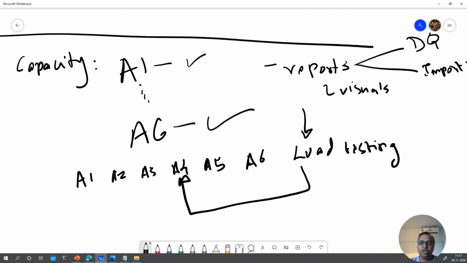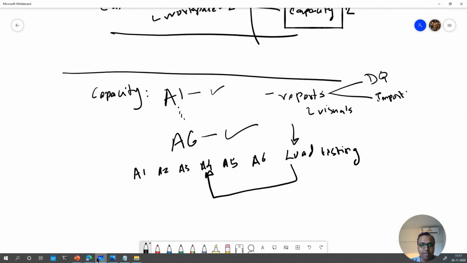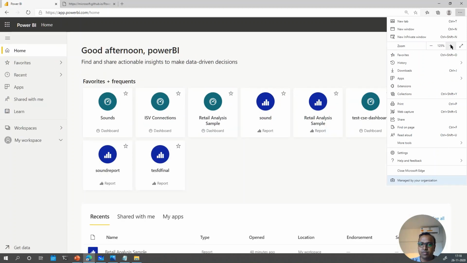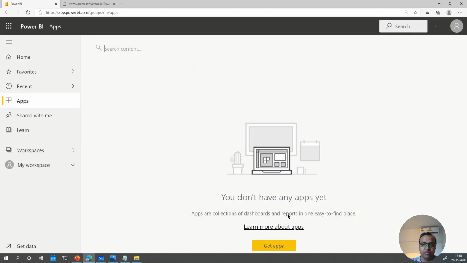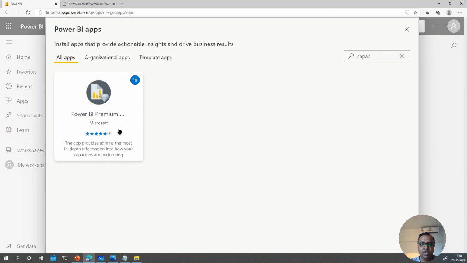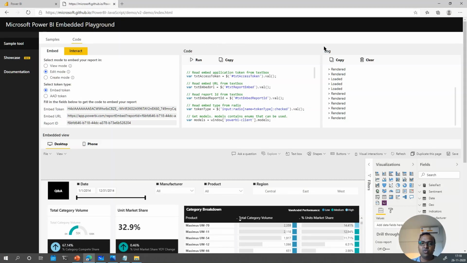Now, how to actually find out the numbers related to your capacity. There's an application that you can use. Imagine this is your powerbi.com website. Let me just zoom this a little bit. And then you can go to the apps section and say get apps. Inside of the get apps, if you just search for capacity, you will find that there's a Power BI Premium capacity widget or application that you can download, and that will give you more details around how to look up the KPIs or metrics for your allocated capacity, how much CPU was used, how much memory was used for the